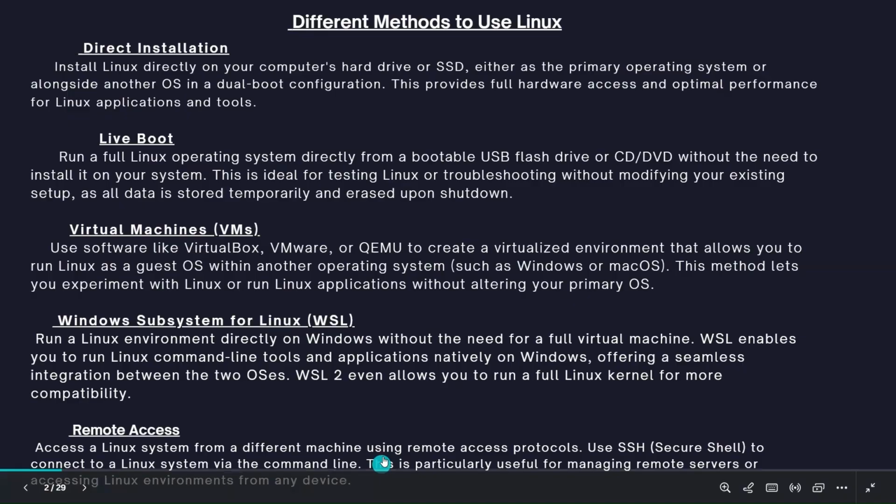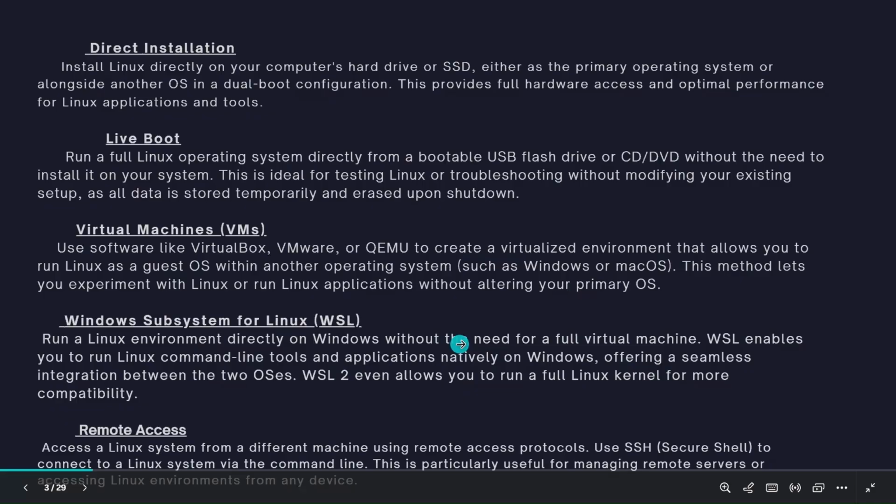Wait a bit, guys. Wait a bit. Okay. So remote access. Wait, guys. Wait. Okay. Wait. So